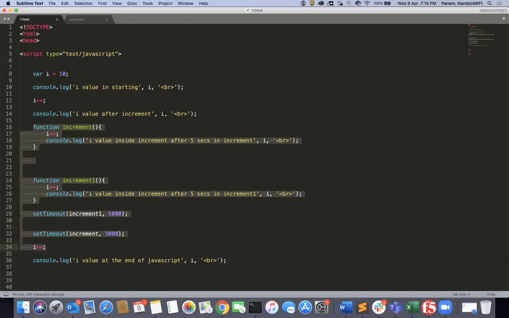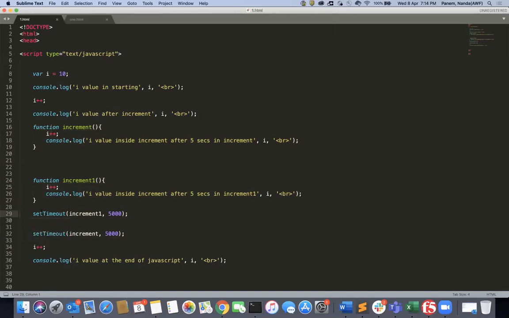Now, there is a function called setTimeout. Whenever you define a function, it is handled during compilation, and these functions will be stored in memory. So you don't need to worry about those. After the 14th line, it will come to the 29th line, because these are all stored in memory.